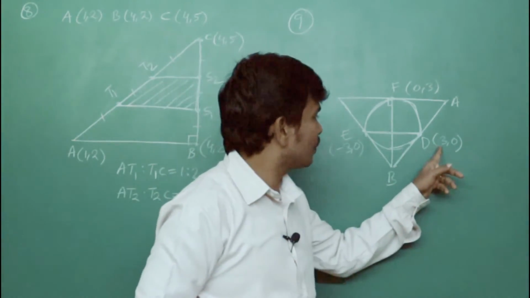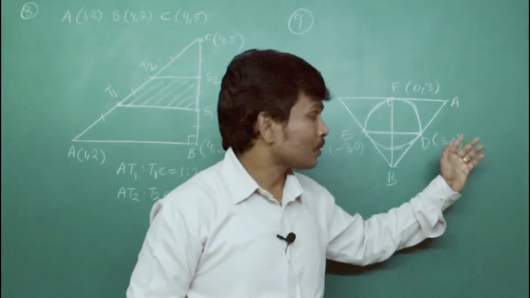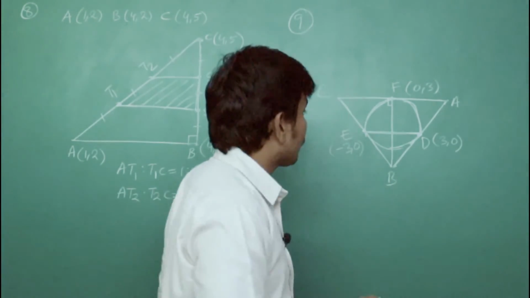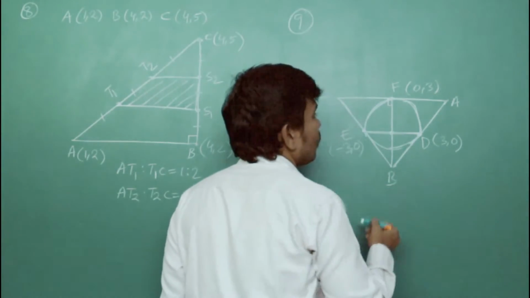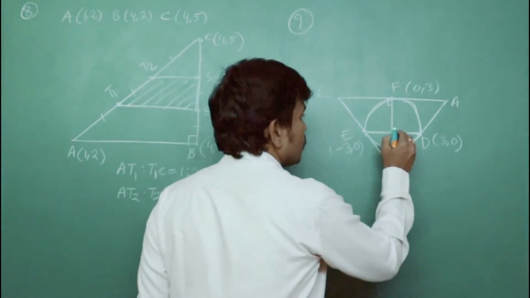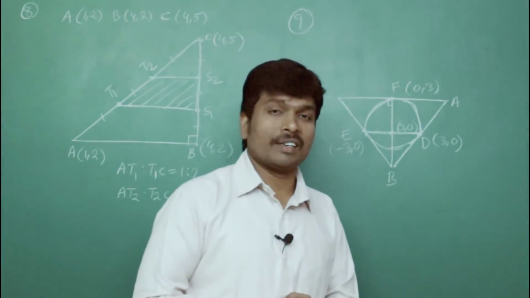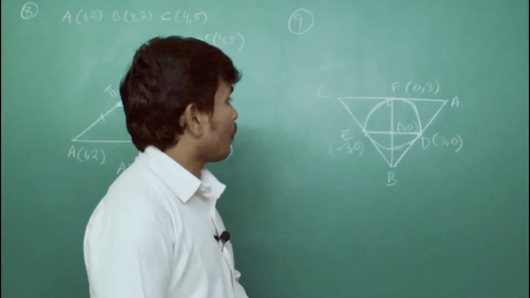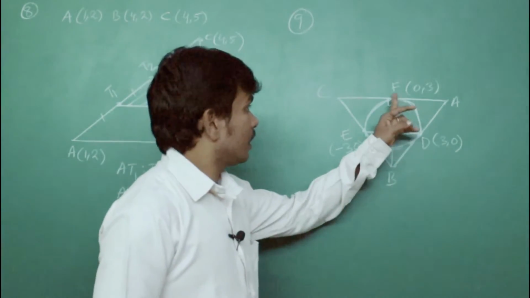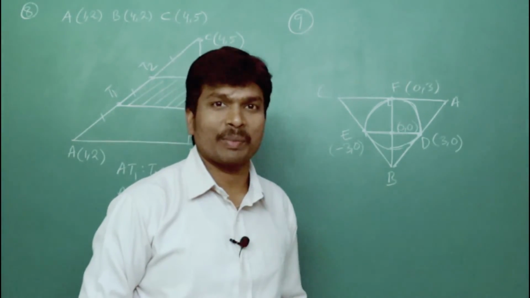Observe, minus 3, 0 and 3, 0 are points on the x-axis or not. So that's why these two are points on the x-axis. What is the midpoint of it? Midpoint of it is 0, 0. Yes or no? Yes, 0, 0. But that is not our final task. What we have to do is find the area of this incircle. If you know the concept well, easily we can handle this problem.